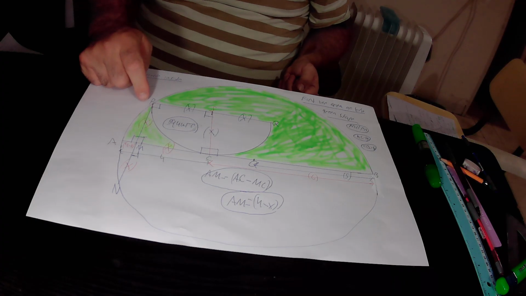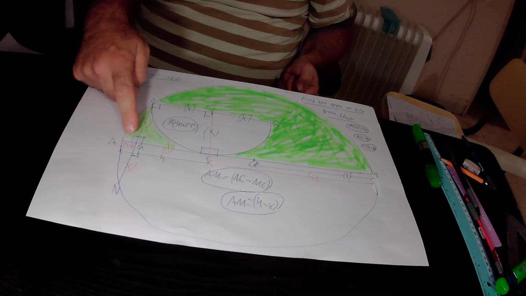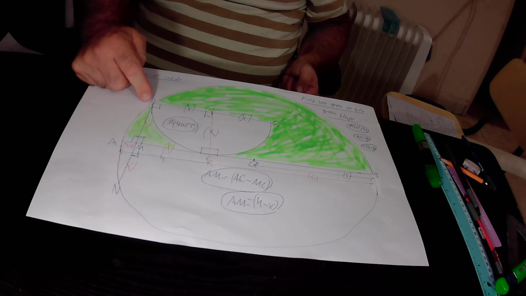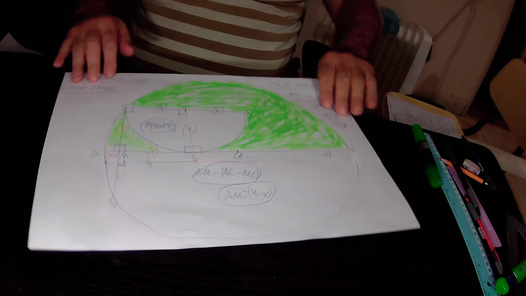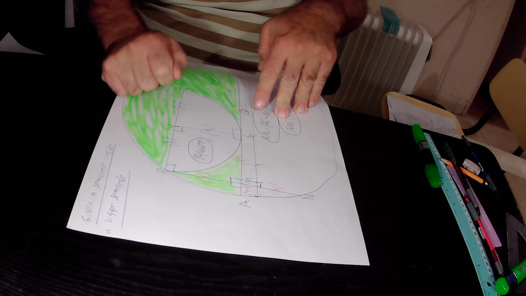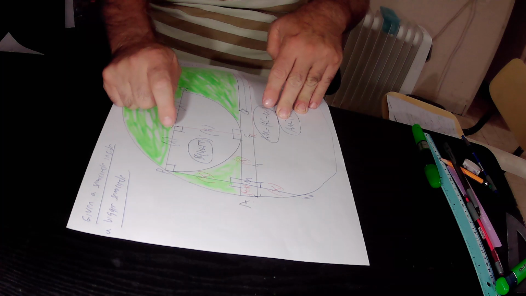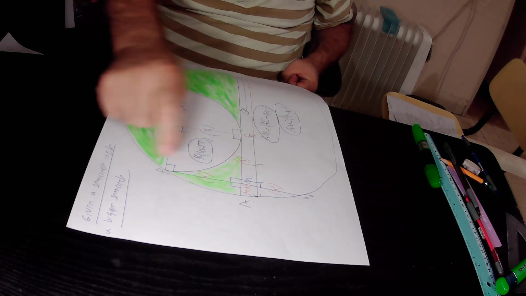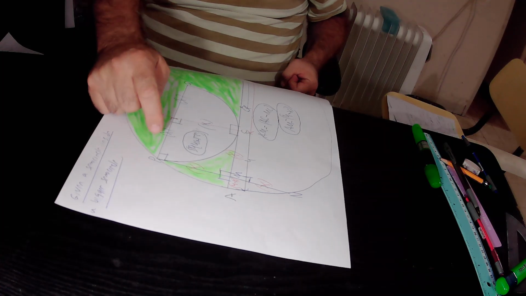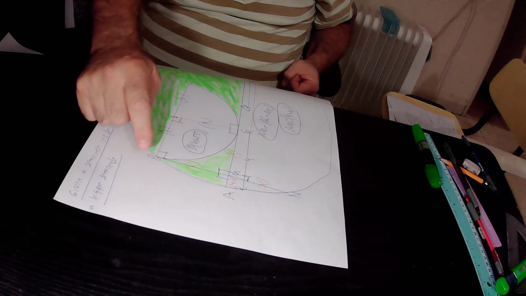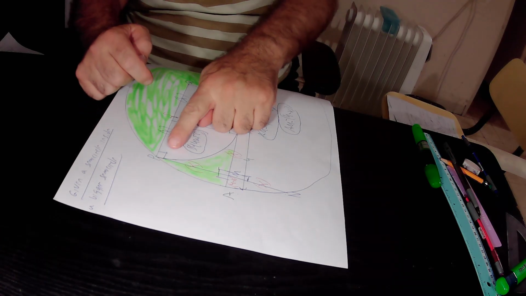But what is the definition of PM? PM is a tangent, or MP is a tangent to this small semicircle at point P. So here the radius SP equals x. The radius SP is drawn to point P, that is the point of tangency of tangent MP with this small semicircle. And whenever you have a radius that is drawn to the point of tangency, then tangent MP will be perpendicular to the radius PS. If MP is perpendicular to PS, this means that this angle equals 90 degrees according